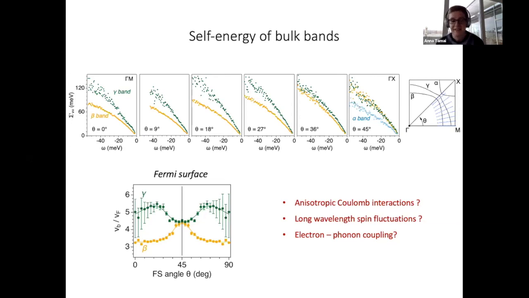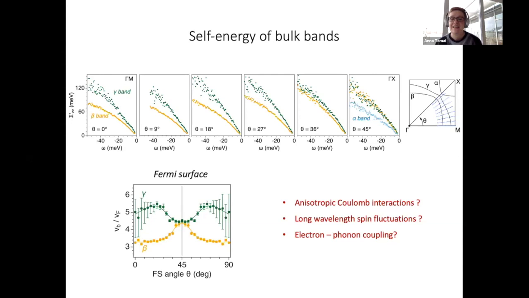I think that this description is actually quite misleading and prone to some misunderstanding, and it comes from the fact that we are not dealing with a single band Fermi liquid. It's a multi-orbital system, and I will show you that this large angular dependence actually changes significantly